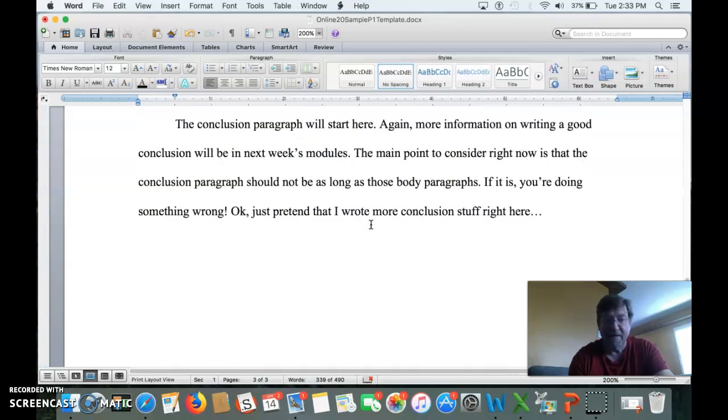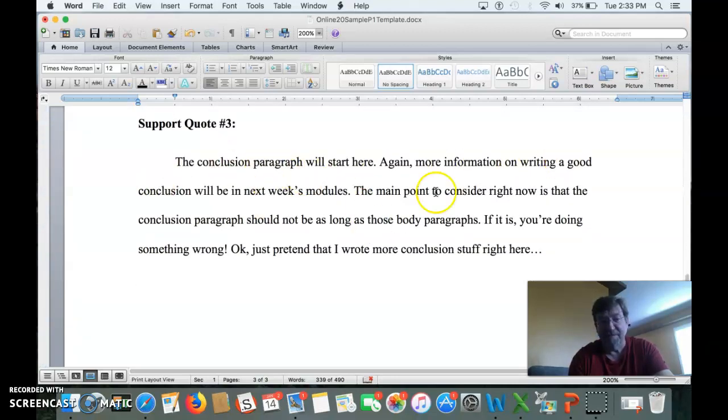And then I have a conclusion. I will give you more information on that in the next module. But the point is that it's not as long as those body paragraphs because there are no quotes. So that is it. That's the way ultimately your paper should look, and that's the way the integrated quote should look. And you should just continue. And that's what you're practicing this week. Like I said, I will have examples